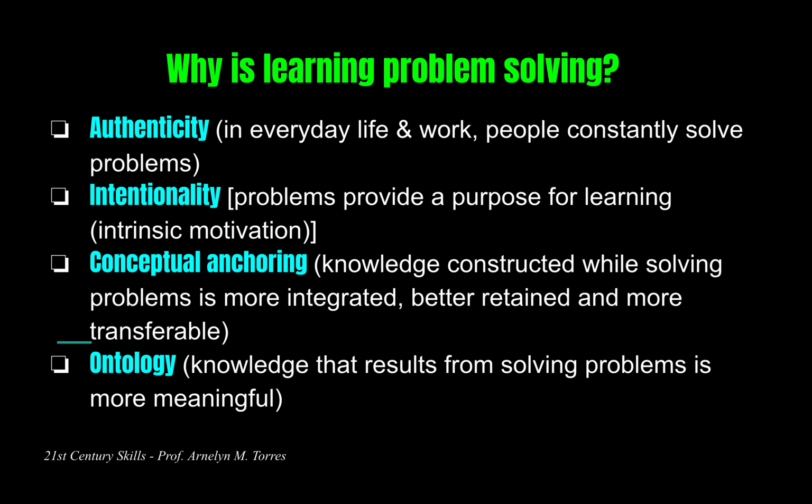So the knowledge that results from solving the problem is more meaningful. Why? Because you can always go back to that past experience and say, oh, this was my mistake before. So I should remember that whenever I see this, this is the thing that I have to do. Okay,